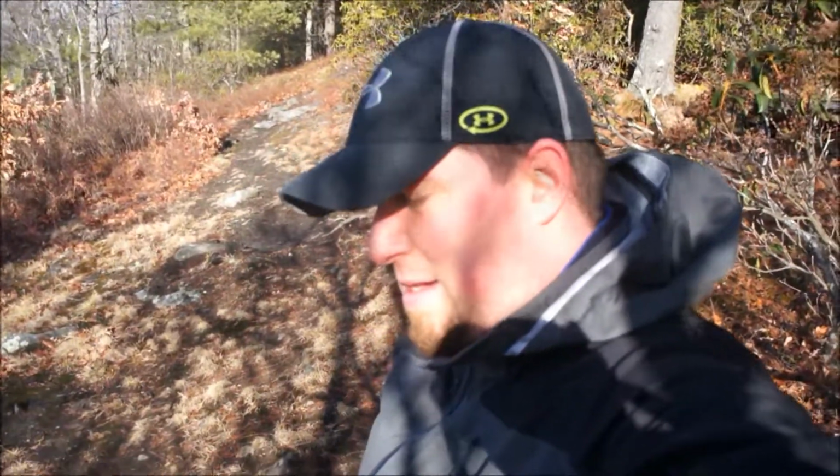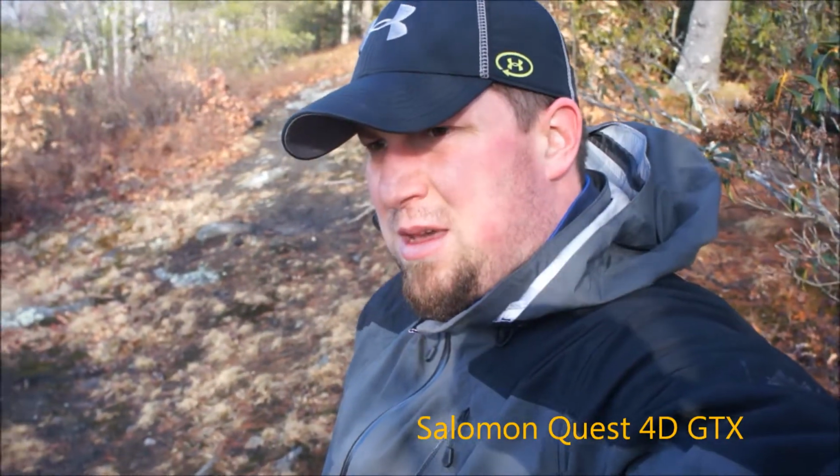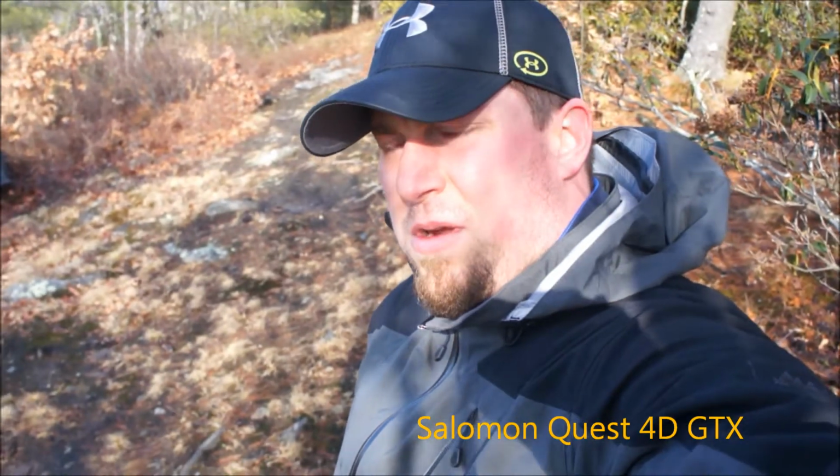So I'm at the lookout. I've taken off my pack, as you can see. There's a couple benches up here. I'll probably spend a little time just taking in the scenery. Just wanted to go into some of the other gear that I regularly carry with me. So, as I mentioned before, I have the Solomon hiking boots. I'll get the brand, or the model, for you later. The Outdoor Research